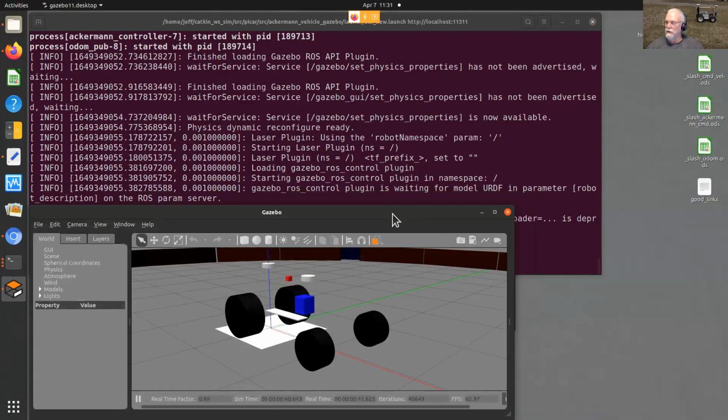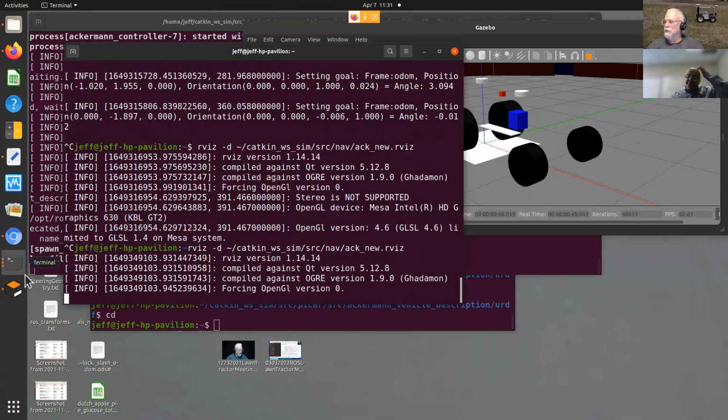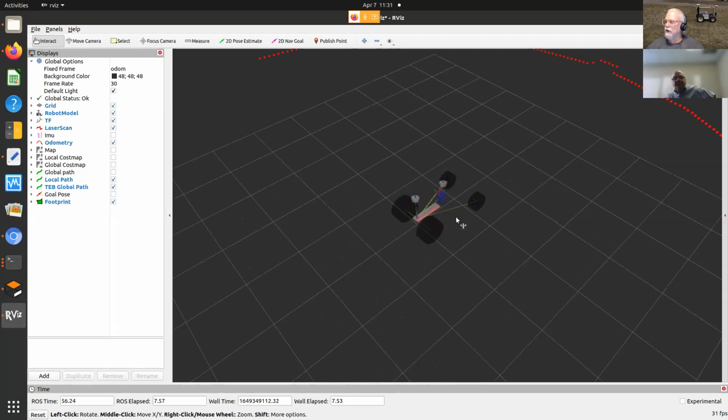store it over here, and then I'll start up, what's this one? RViz, I think this is RViz. So in RViz, it looks like that, and it does the laser scanners on, you can see the walls out there, and here's the vehicle. If we zoom in, I've got all the stuff turned on so you can see the,